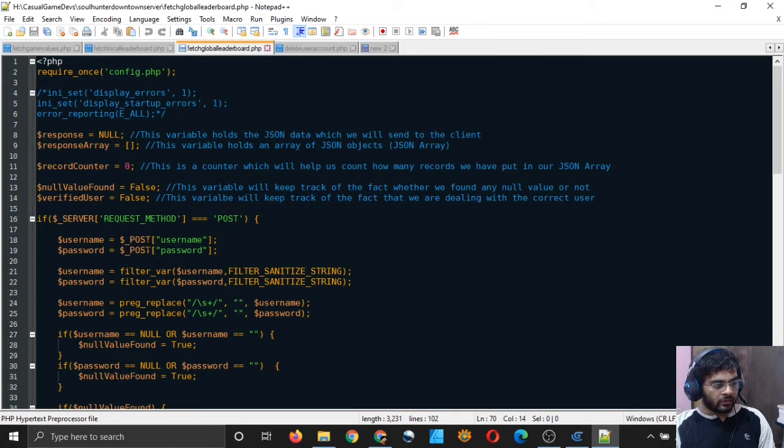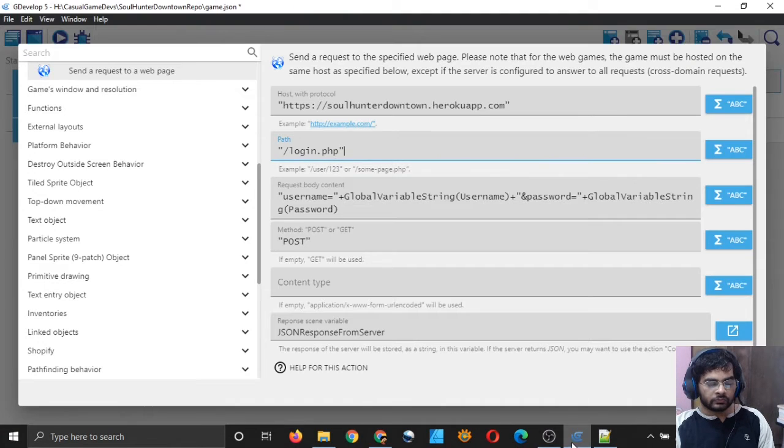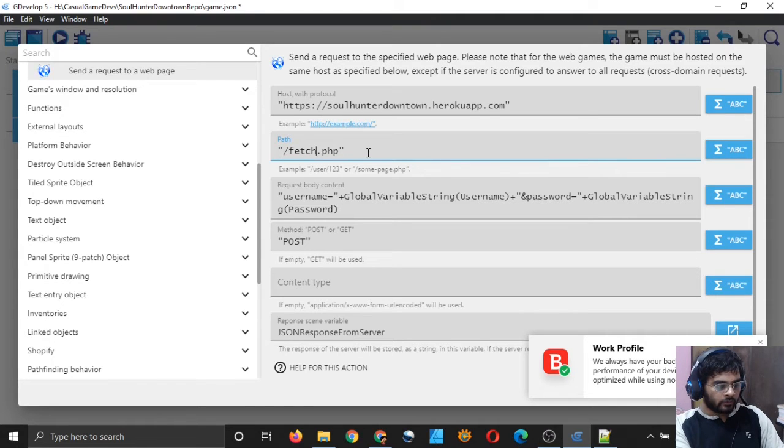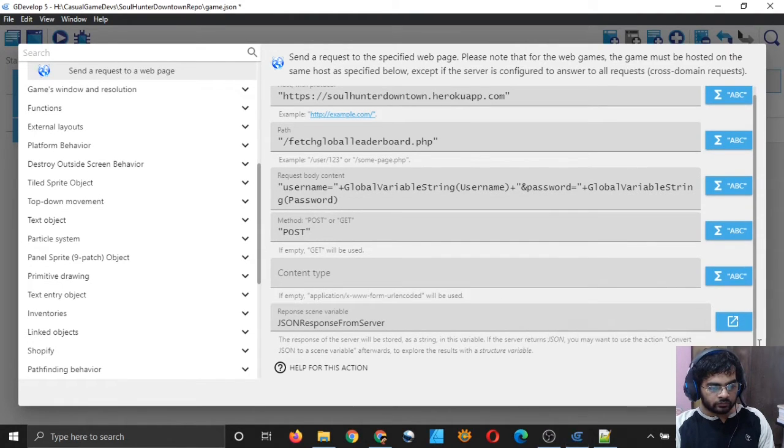It requires a username and password, just two things. And one more thing I will tell you. What is the name of the script? Fetch global leaderboard.php. So that's good. We are sending username and password, so that's okay.